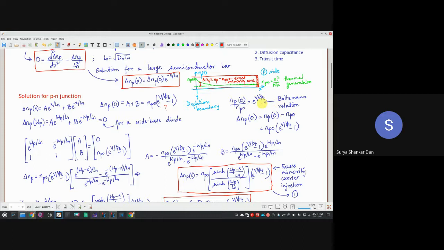So once we have it, then we know that delta NP0 will be equal to NP naught minus NPO, and from here we get NPO equal to e to the power of V by phi t minus 1. V is the applied bias. Now remind me, towards the end of today's class, I'm going to give you one very important concept, a very conceptual part, related to the contact potential. We will look into it when we are dealing with MOSFETs also. So delta NP0 is this, and that is exactly what I wrote here.